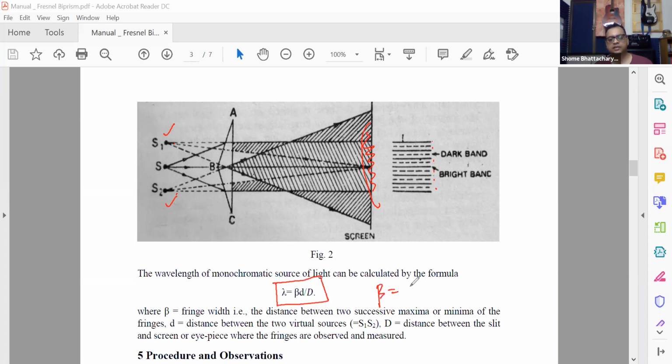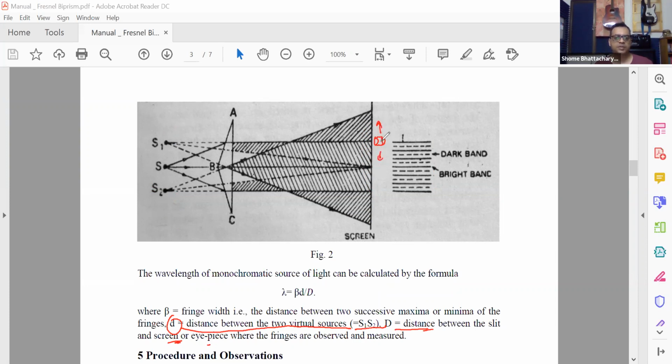Basically, they are using the symbol beta for fringe width, beta equals D lambda by small d. You can see in their diagram, this will be small d, and this will be capital D. Now, they've given that S1, S2, this is the distance between the two virtual sources, small d, and capital D is the distance between the screen or the eyepiece. So basically, you place the eyepiece over here, and as you take the eyepiece up and down,